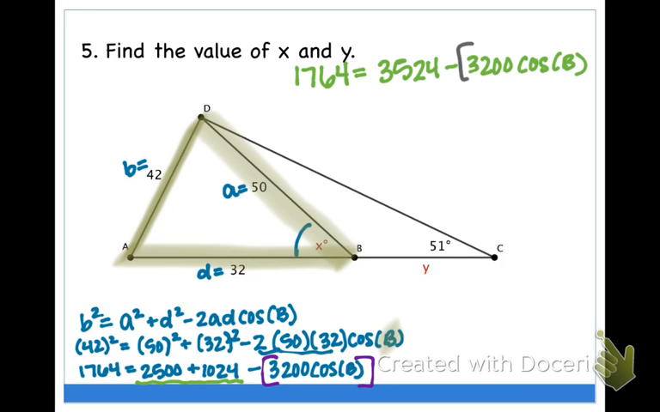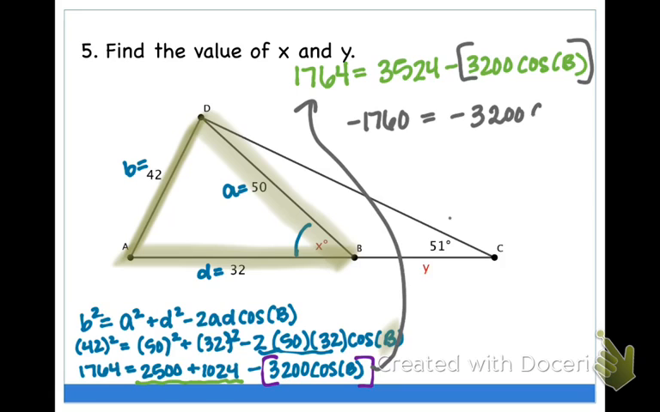All right, so this is just to give me a little bit more space. There's my big box. I can subtract, so there's that line there. I can subtract the 3,524. So I do my 1,764 minus 3,524. We get negative 1,760 equals negative 3,200 cosine B. Now I can start dealing with that coefficient of negative 3,200. Now I want to break that apart, but I can't break it apart by subtraction or by addition. I can break it apart by multiplication or division. So since that's a multiplication in there, we're going to divide,